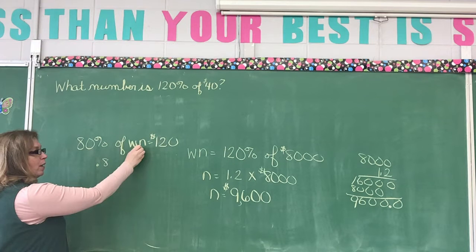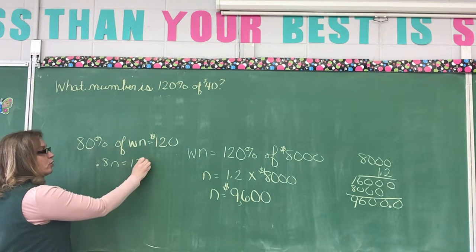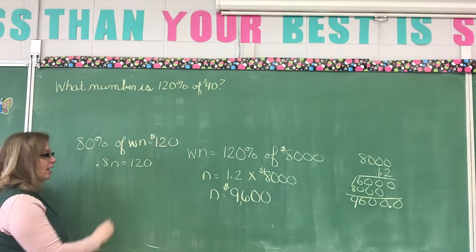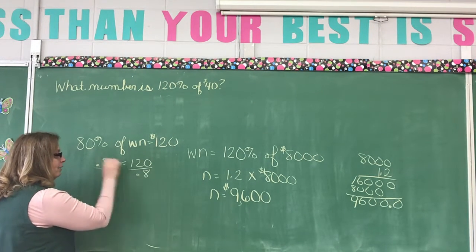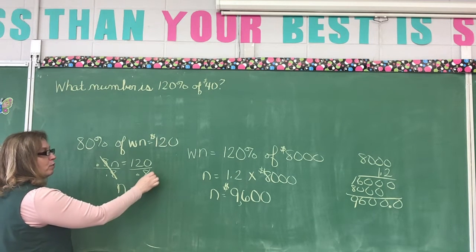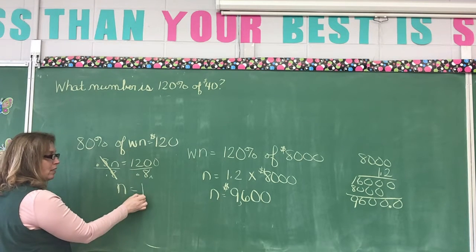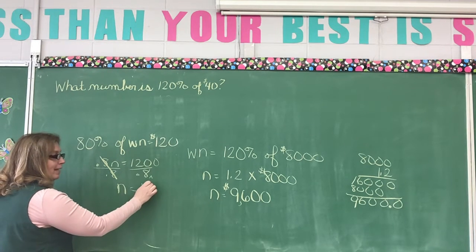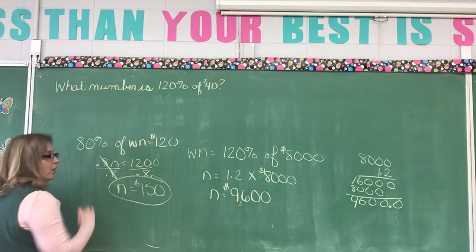This means to multiply. We don't know, so we're just going to put an N equals 120. So what do we do now, guys? It's just an equation, divided by 0.8. This equals N. Remember, we've got to move our decimal point over, right? So 8 goes into 12 one time with 4 left over, making 8 go into 40 five times, and then there's a 0. So our answer,